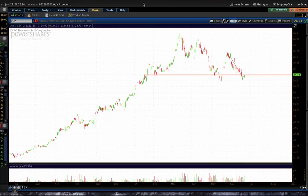But the way the numbers are being manipulated and the way the markets have been reacting lately is that when unemployment numbers are down, people are seeing that as bullish. And it's not really. Don't be fooled. That's number one. Number two,